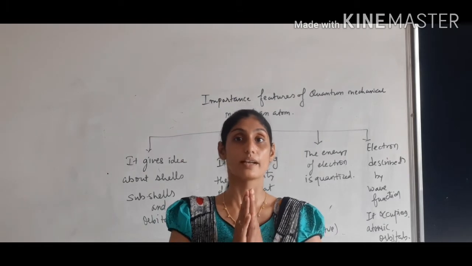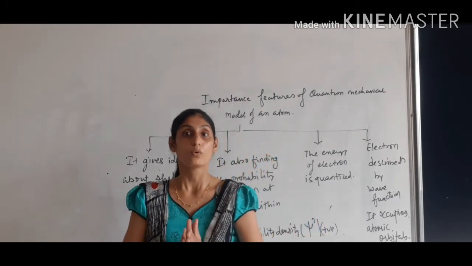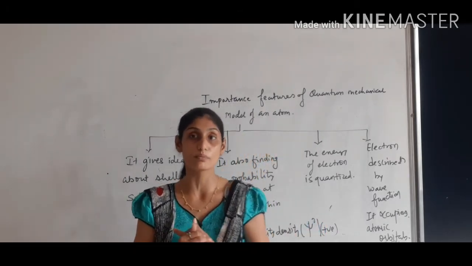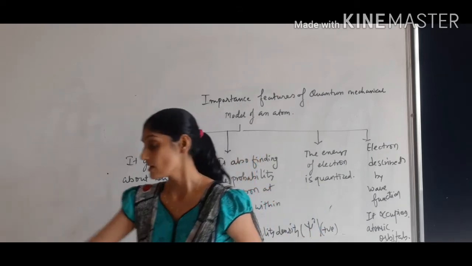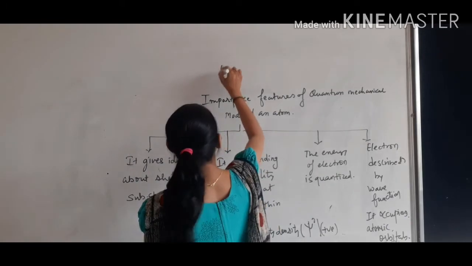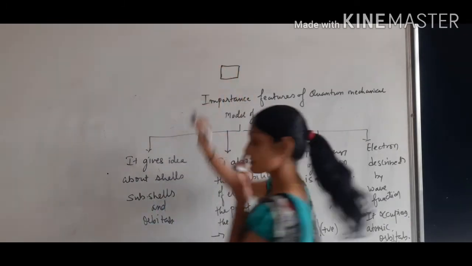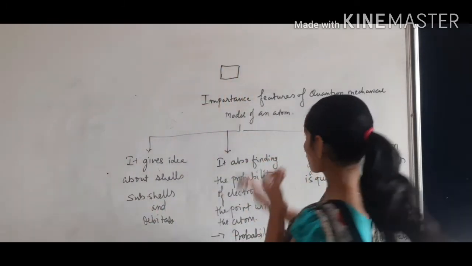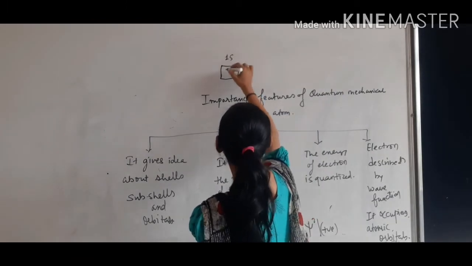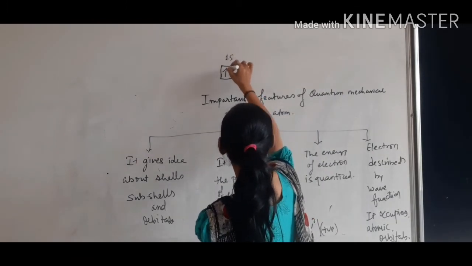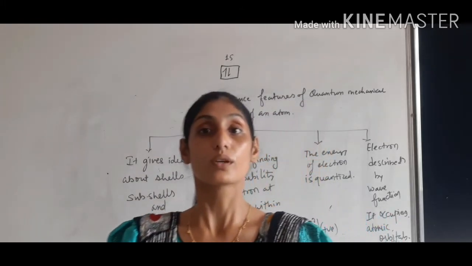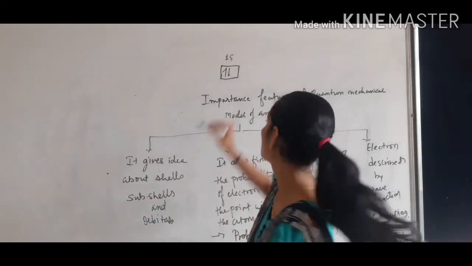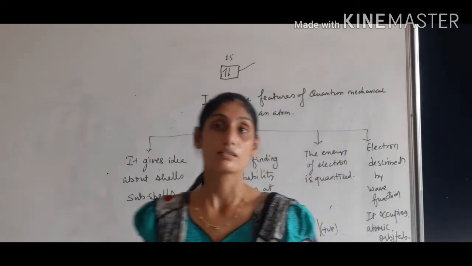Whenever we talk about the electrons, a maximum of only 2 electrons are going to be filled in an orbital with their opposite spins. Suppose that is the orbital. An orbital is always denoted by a square. Suppose it is the 1s orbital, so one electron is there in up spin and one electron is there in down spin. You cannot fill more than 2 electrons in the particular cell.